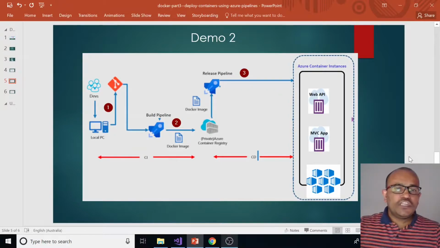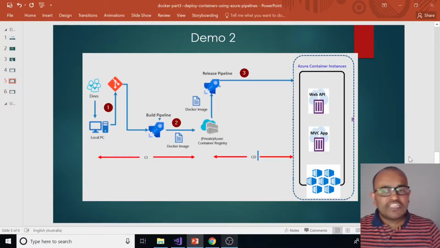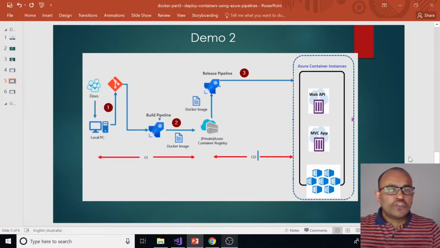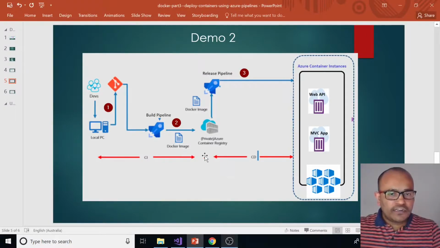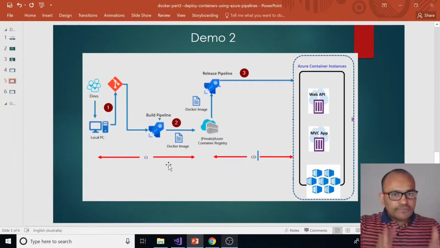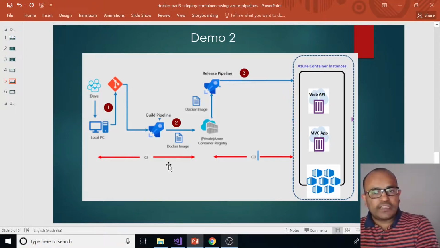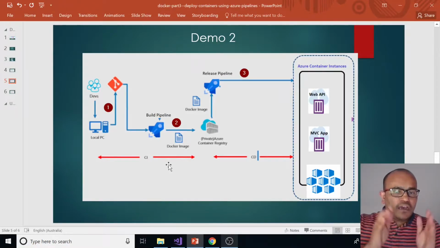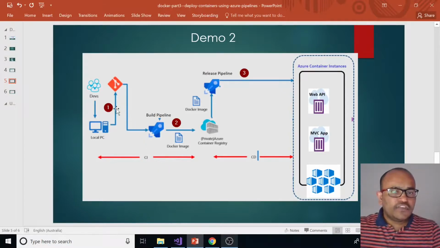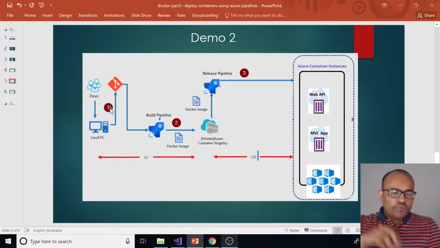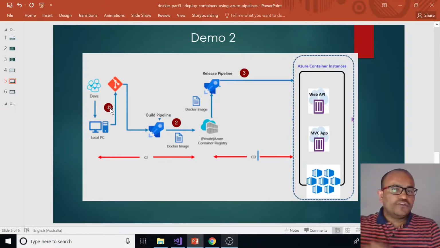In the demo 2 scenario, I am going to cover the CI/CD pipelines. I clearly mentioned in the diagram which steps come under the CI and which steps come under the CD. Continuous integration contains 2 steps. Step 1, push your code from your local to the Git repository.